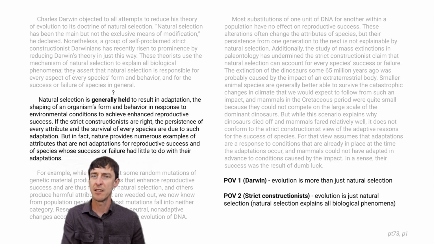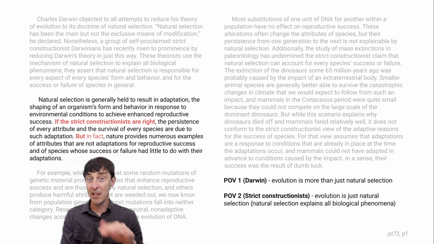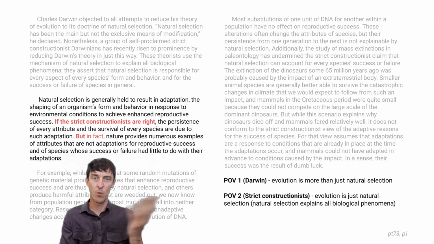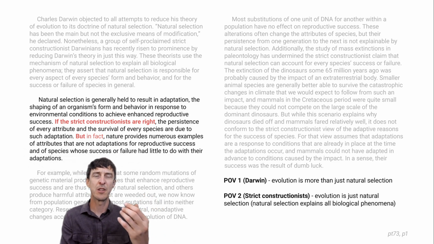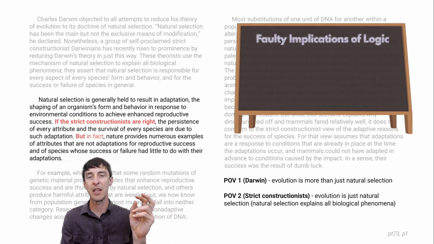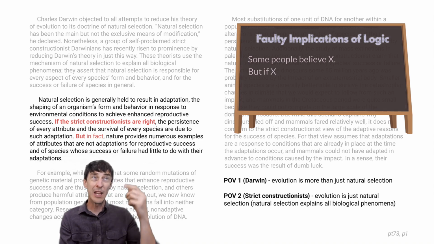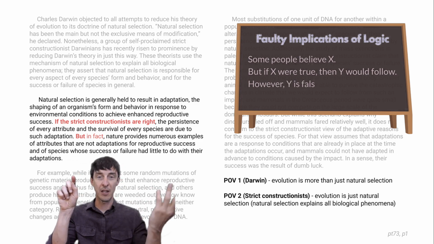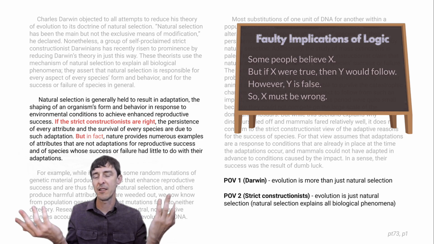Okay, and then the next sentence is saying, if the strict constructionists were right, so clearly they are not talking right now. It sounds like the author is talking. If they were right, then Y would follow. But in fact, so the author is using a classic rebuttal form that we see in LR called like faulty implications of logic, where you prove somebody's wrong by saying, well, if they were correct about X, then Y would also be true. And then by contrapositive, we're saying, but Y isn't true, so they must be wrong about X.